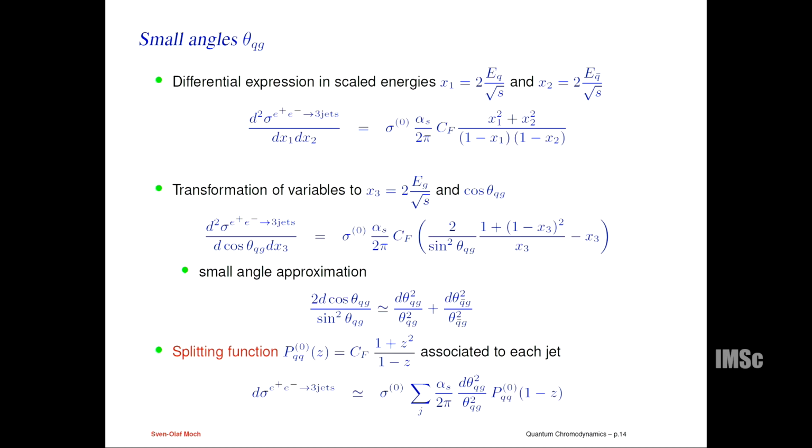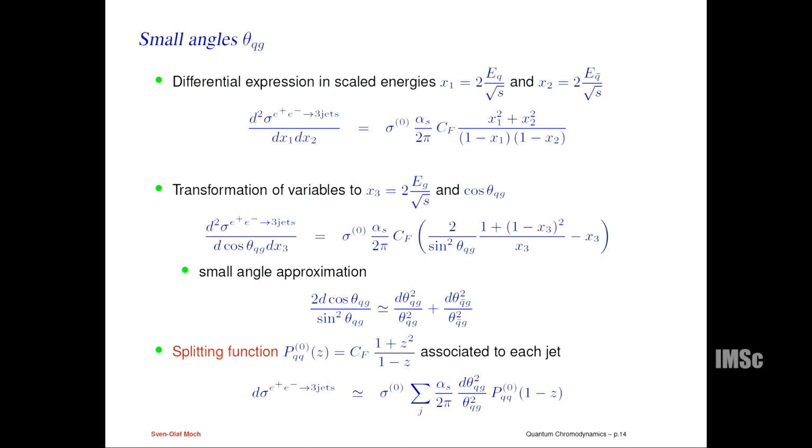And this polynomial is a well-known function in QCD because it is just the q to q splitting function at leading order, which is 1 plus z squared over 1 minus z, evaluated now at 1 minus z, or 1 minus x3. I should have written here. Yeah? And so in this way I can rewrite the 3-jet cross-section basically as an integral over the